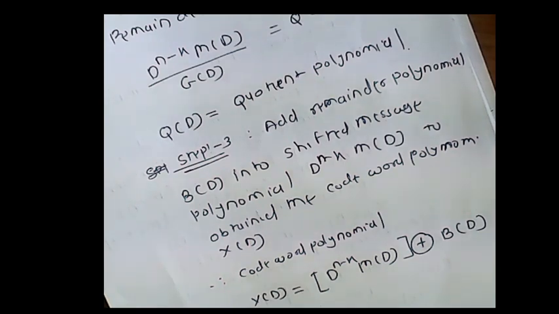So in this lecture, we introduced the cyclic code. What is meant by a cyclic code? There are the two properties of cyclic codes, then the code word polynomial, then the generator polynomial, then how to generate a non-systematic code word and a systematic code word by the generator polynomial.